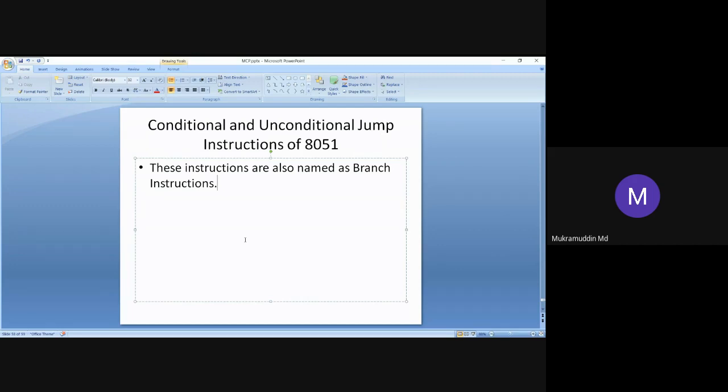It is not in the normal flow of the program. The processor jumps to some other part of the program by leaving its normal sequence of execution. This is called jump instructions or branch instructions.